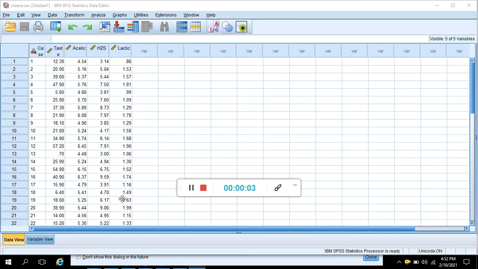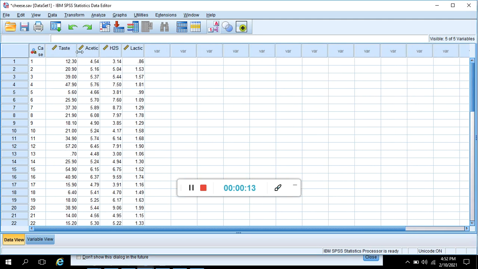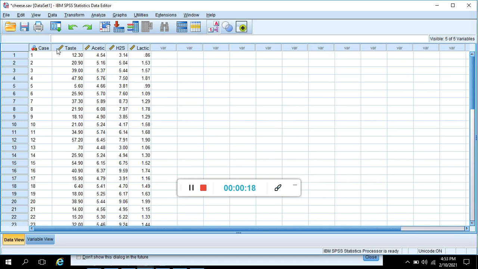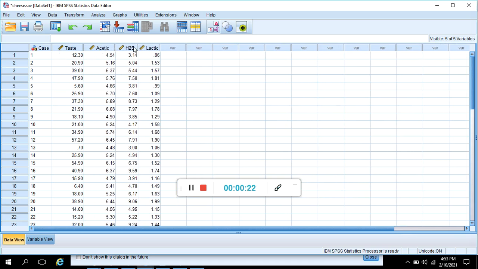Okay, so this is a video in SPSS on how to make scatter plots. I'm looking at the data on cheese. I don't remember what all of this exactly is. I'm not really a cheese expert, but I know this output metric is taste, something to do with what cheese